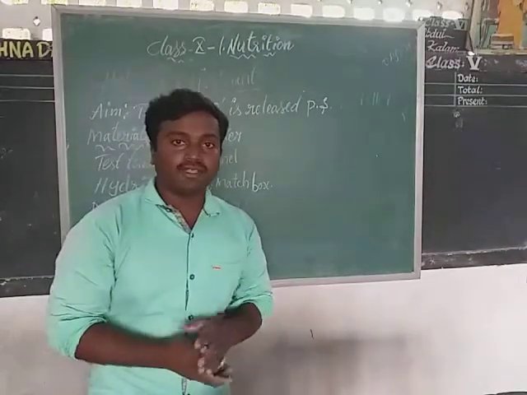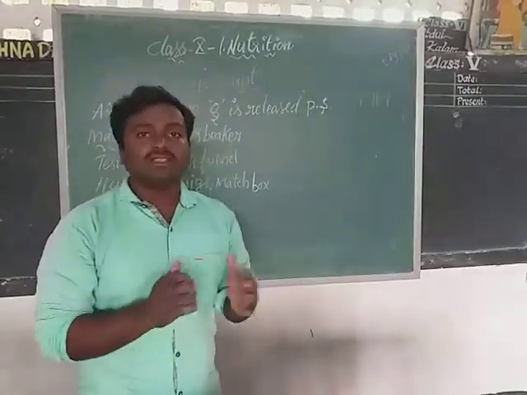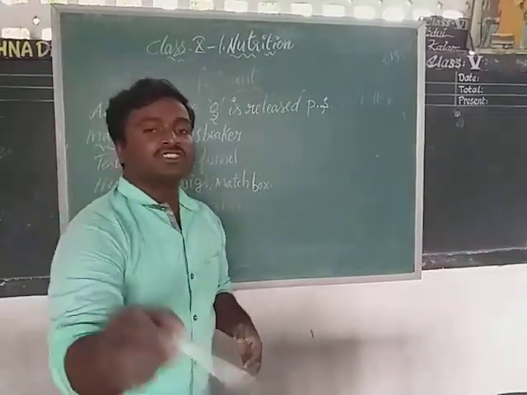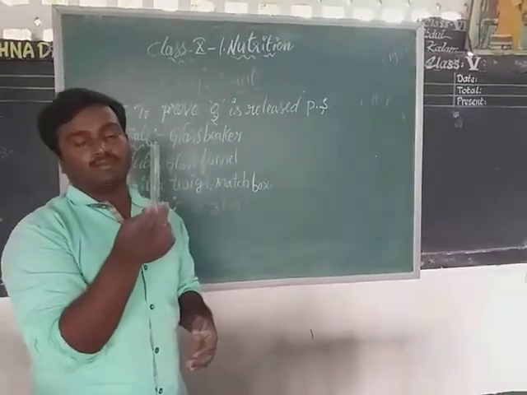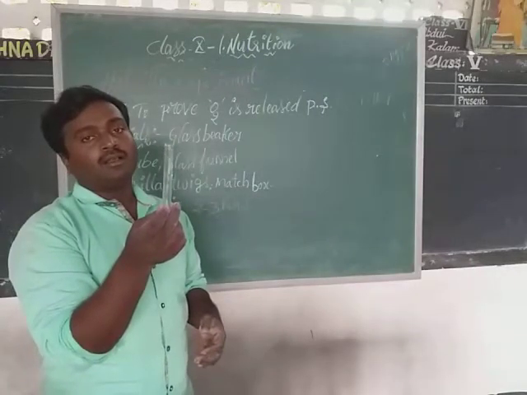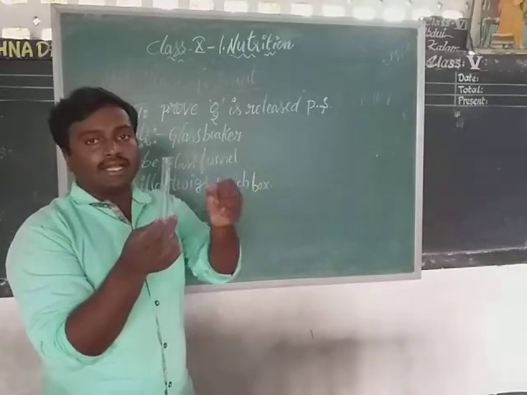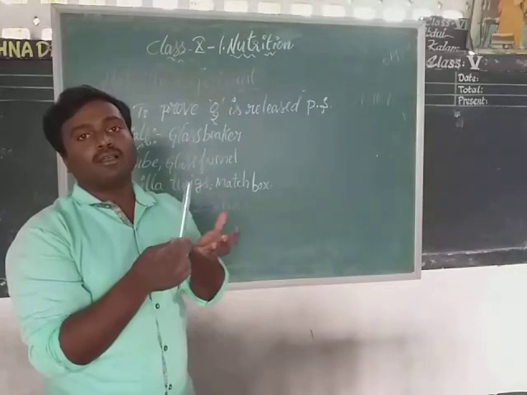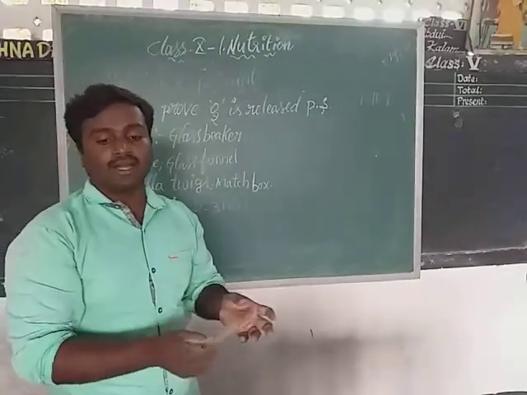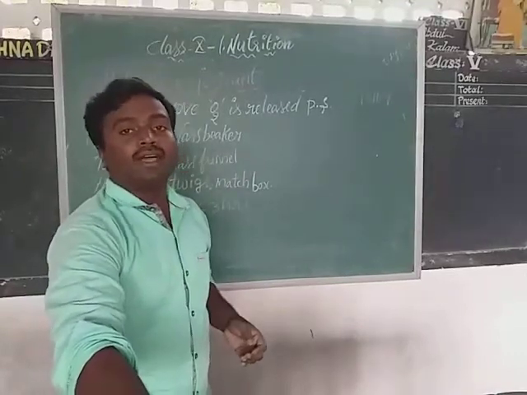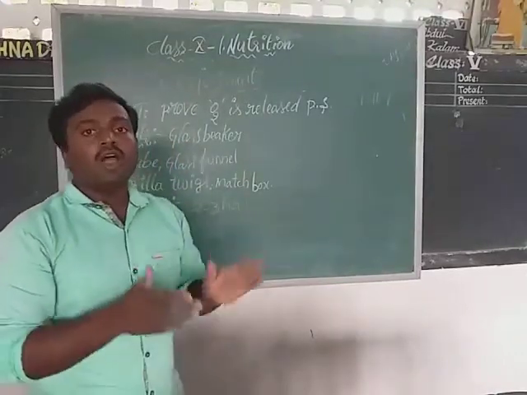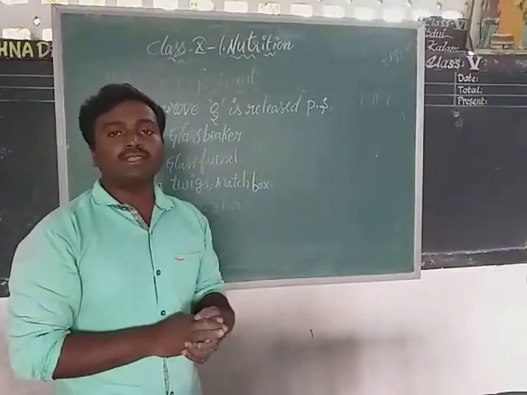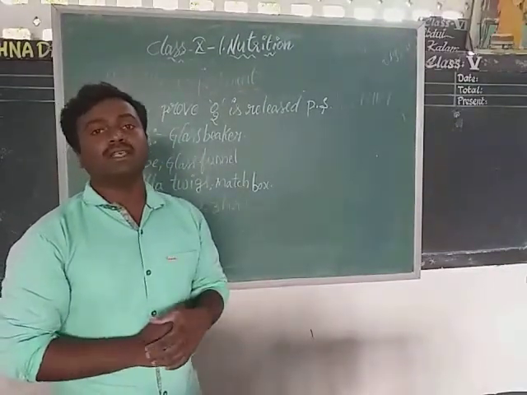What is our observation finally? Oxygen is released in the process of photosynthesis. If this test tube contains carbon dioxide in it, then what will happen? The lighted matchstick will go out. Why? What is the reason? Carbon dioxide acts like a fire extinguisher, but oxygen always encourages fire. That is why the matchstick will burn quickly.